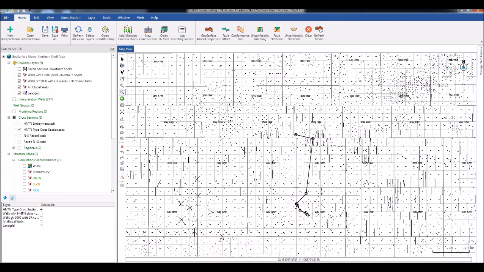About to there. And we're going to make the selectable layer a well-based layer that was generated with a filter for wells greater than 5,000 feet with gamma ray curves. So with that as the active layer,